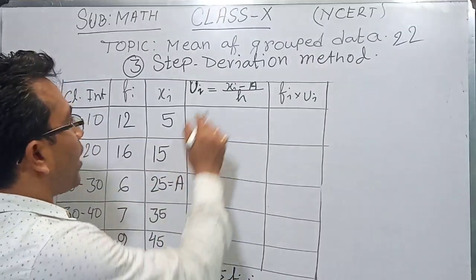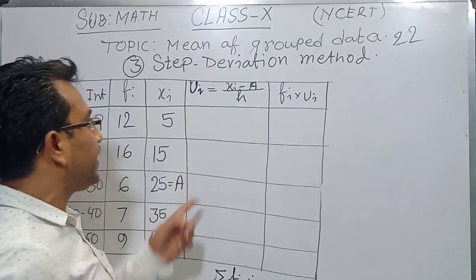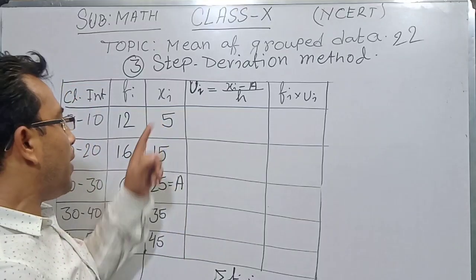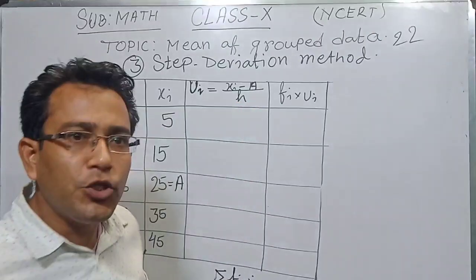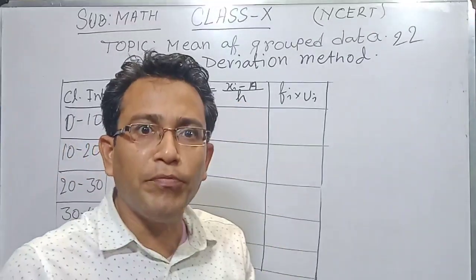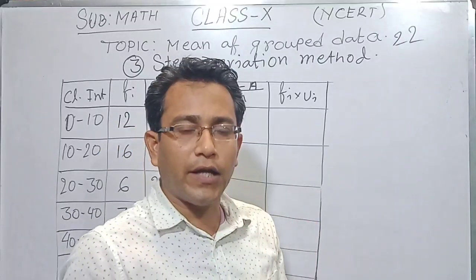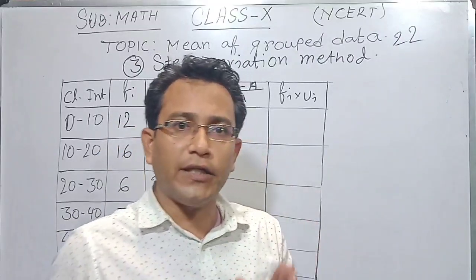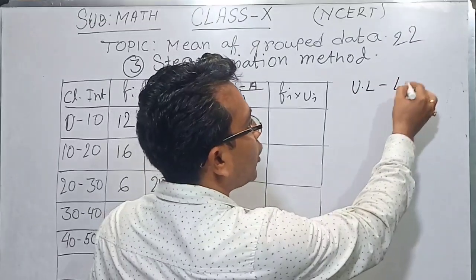The first one, these are all xi minus a, that is the mid values minus the assumed mean, divided by h, the width of each class, that I discussed earlier, calculated as upper limit minus lower limit